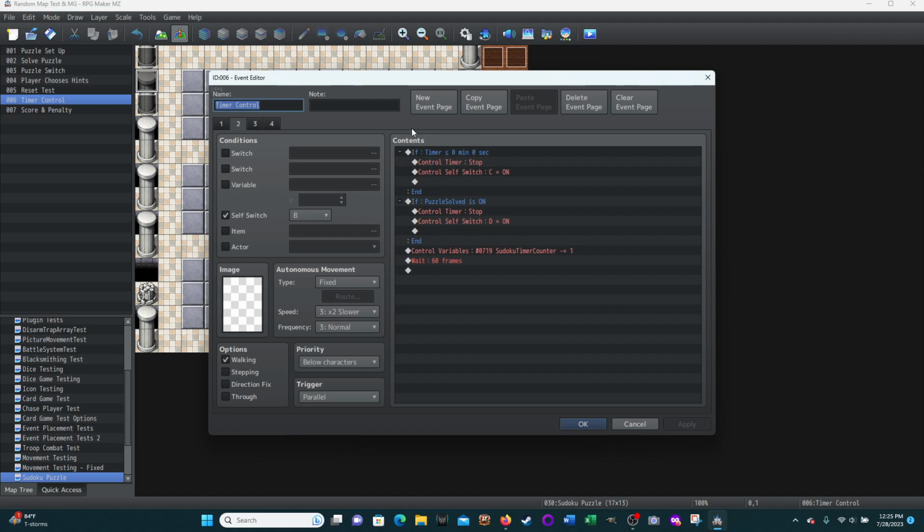If this is not true, and this is not true, then all this event is doing is it subtracts 1 from that Sudoku timer counter. So which starts at 600, it subtracts 1, so it goes to 599, waits 1 second, and then it checks again. So this is what makes this thing go down once every second. And you can use this